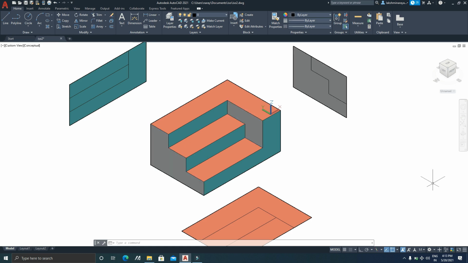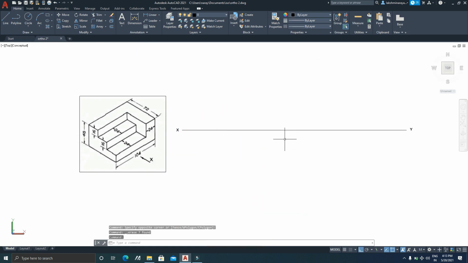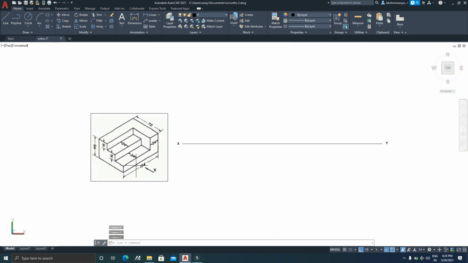Let's see how to draw these as per the given dimension. This is the reference line XY. Let's start with front view. In the front view, we are able to see three profiles, this L-shaped profile and this rectangle and this rectangle. Let us draw all those. First, let us draw this profile. Before starting the front view, I am taking a gap from the reference line, a distance of 20 mm. I am going to start the front view.